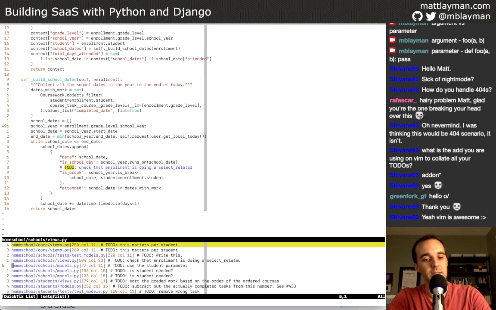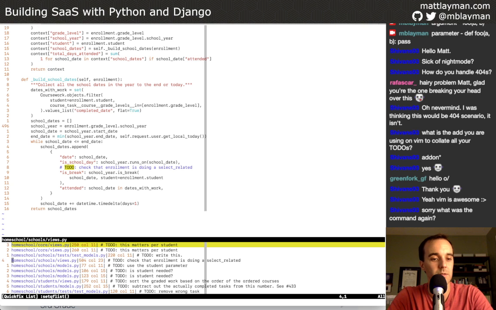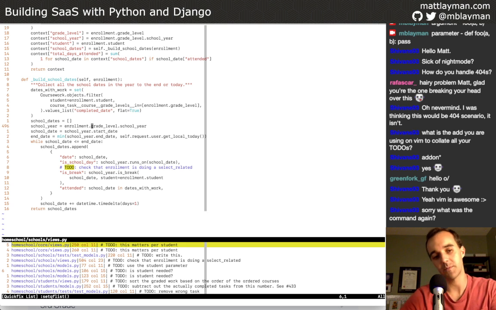Okay, so we've got this section of to-dos. What was the command again? The command I'm using is ripgrep. All right, Vim detour, and apologies to those of you that aren't Vim users. Let's do a vsplit, and I won't spend too long on this because not everybody's a Vim user.